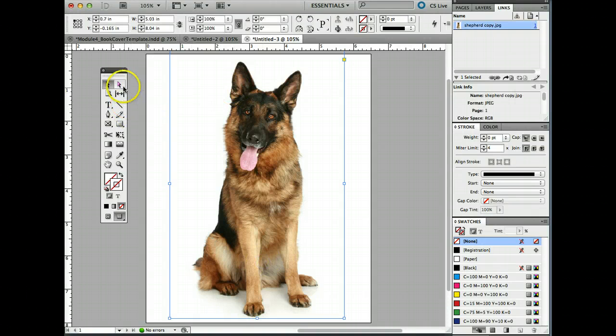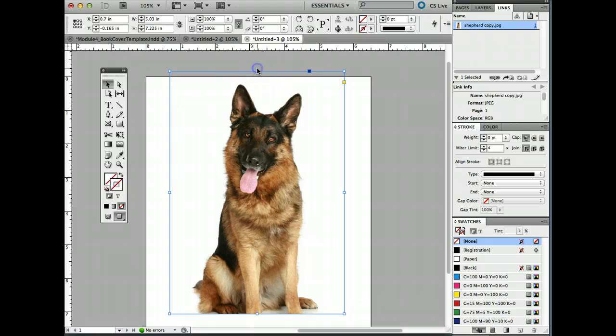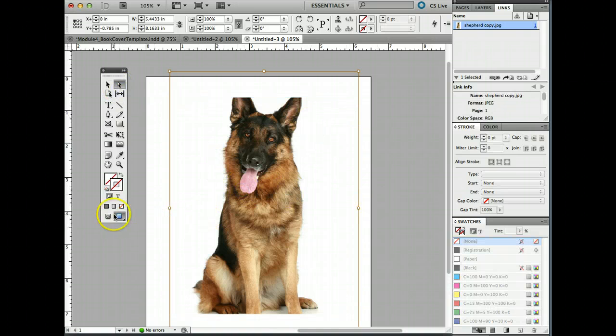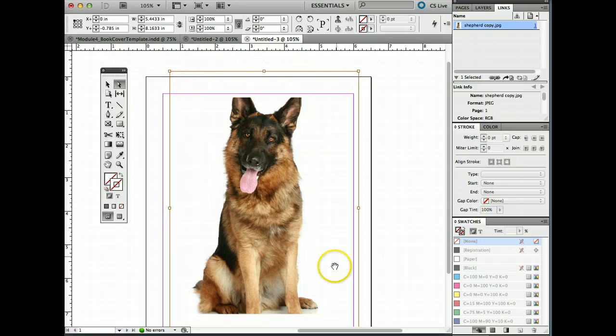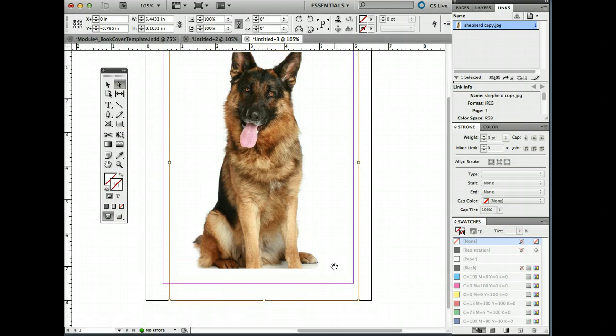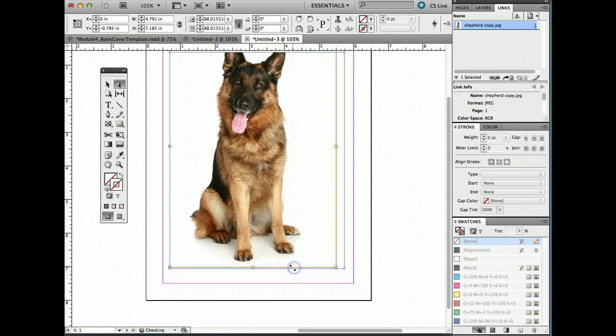What we're going to do then is take the crop box and size it down for myself. But I still want to have the whole dog in that box. So we're going to come to the white arrow. If we click on the picture, you'll notice that it puts us into this brown frame now. That frame is telling us the size of the actual picture. I'm going to hold down Shift and resize the picture,